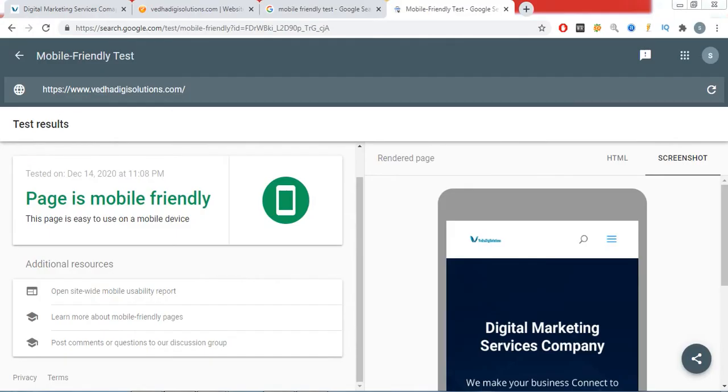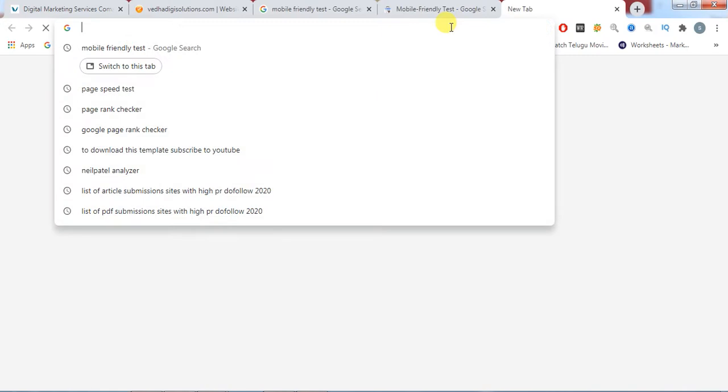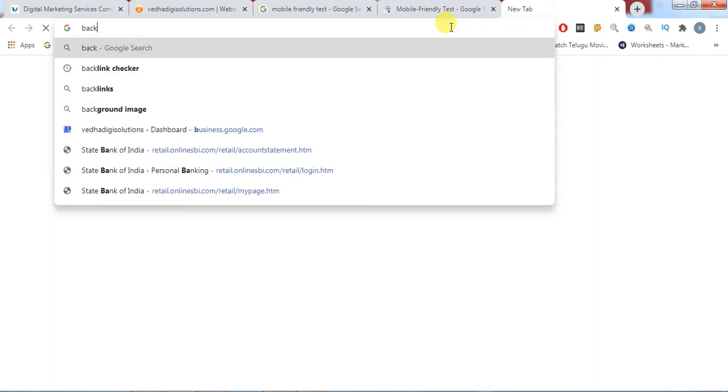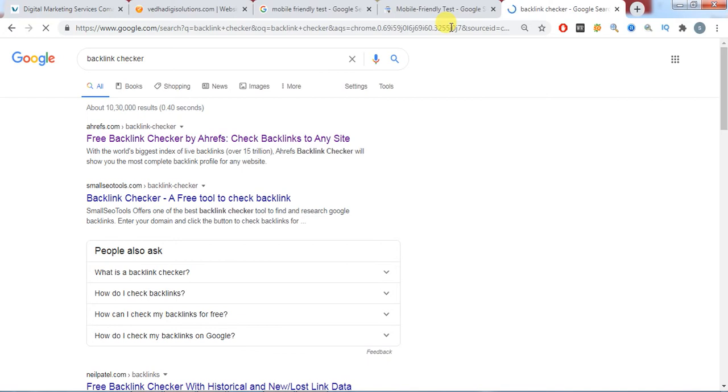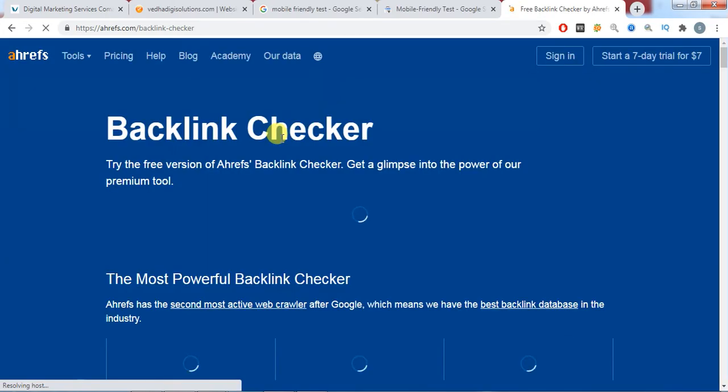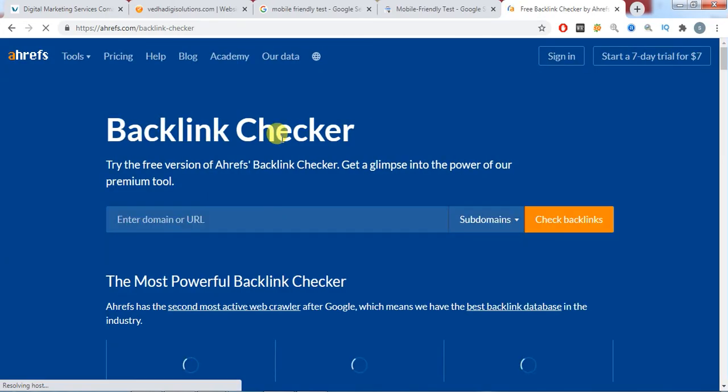For that you can use a tool called Ahrefs backlink checker. You can just go with the Ahrefs tool. Okay, and you can know how many backlinks there are for your website, and what referring domains there are. Ahrefs is one of the powerful backlink checker tools, and also you can get competitor backlinks by using Ahrefs.